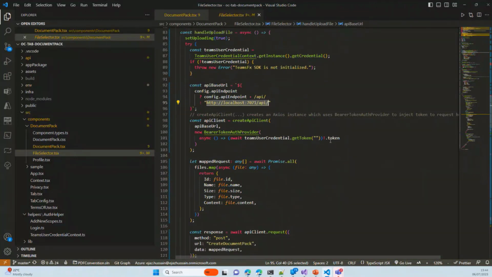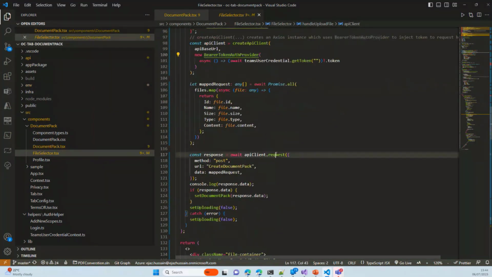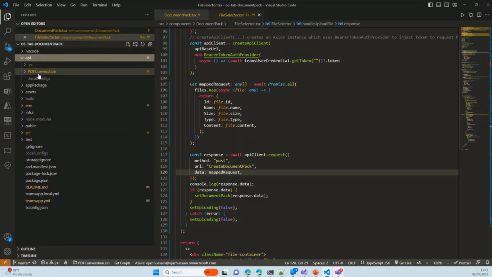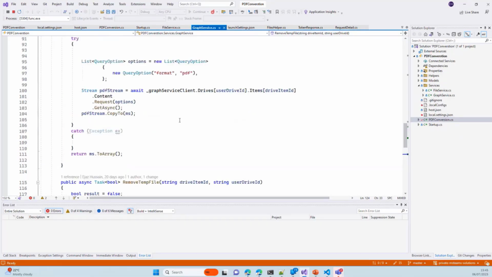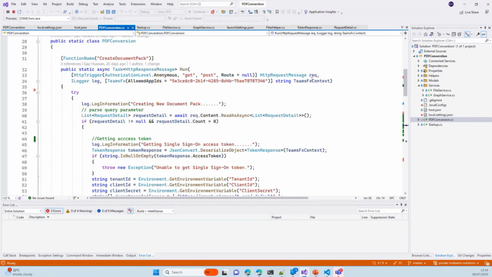function. So here I'm passing this token as part of my request to the Azure function. Also, if you see this request, I'm passing this data, all the uploaded files, and this is my API client. When I hit this, what happens is, under the API, I've created this function, PDF conversion, and this is the PDF conversion function within the API folder. The main thing, which I think is really cool, is the binding that Teams Toolkit provides for Azure function binding. This package, if I just show you my